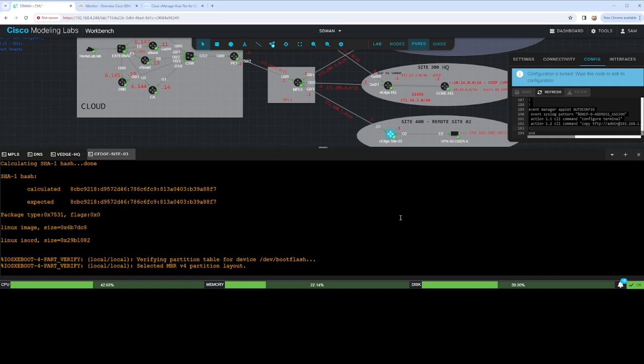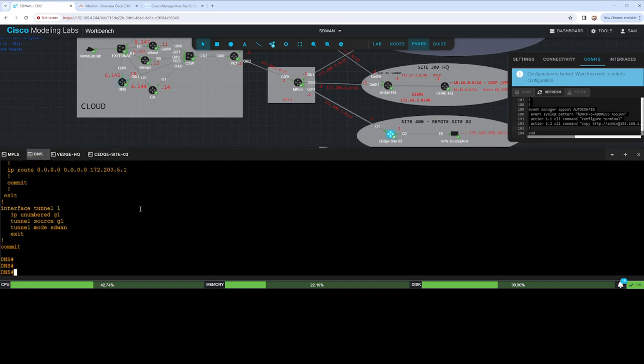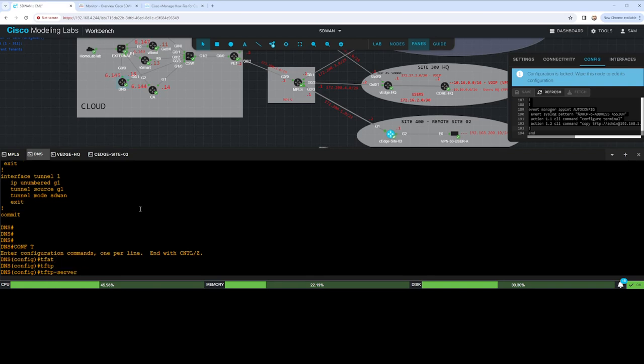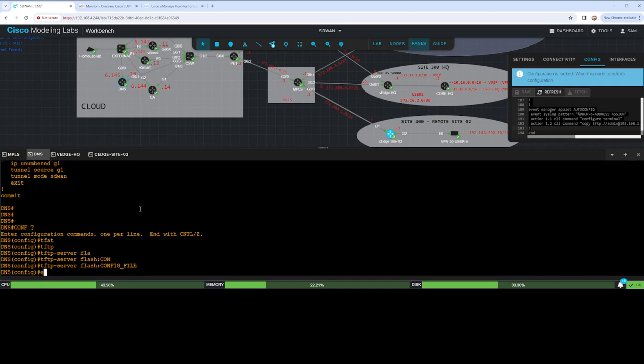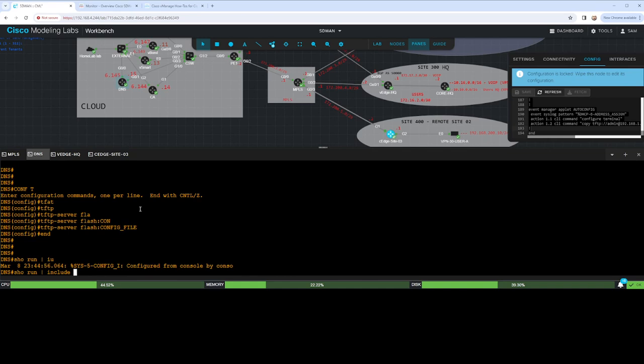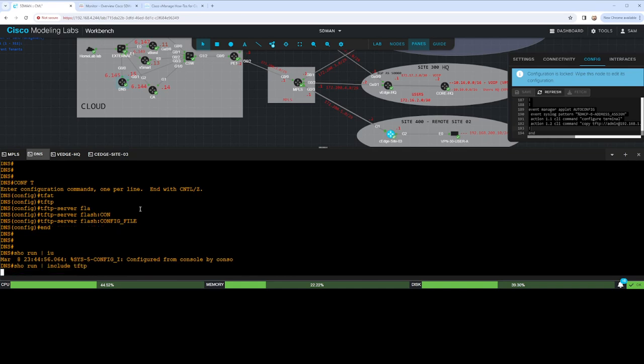One thing that we need to do is conf TFTP server, and then we're going to say flash, config file. We have to serve it. Show run TFTP. Because we're using this as the TFTP server, it should reach back here and get that